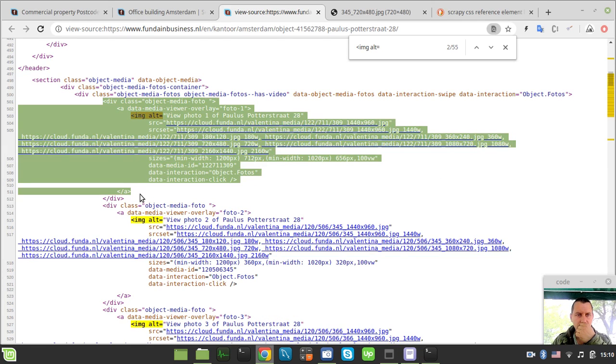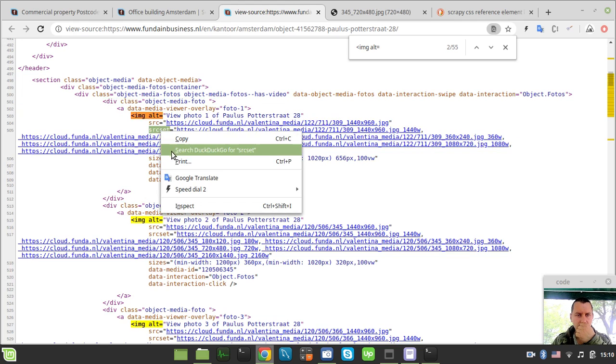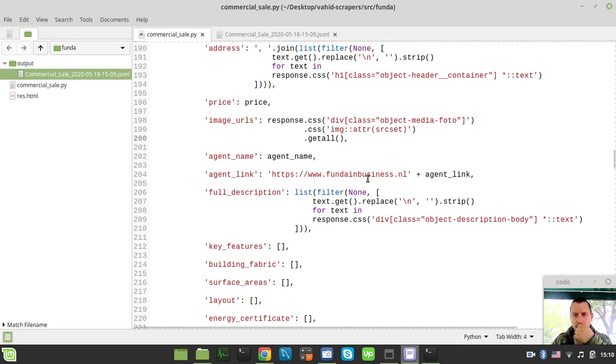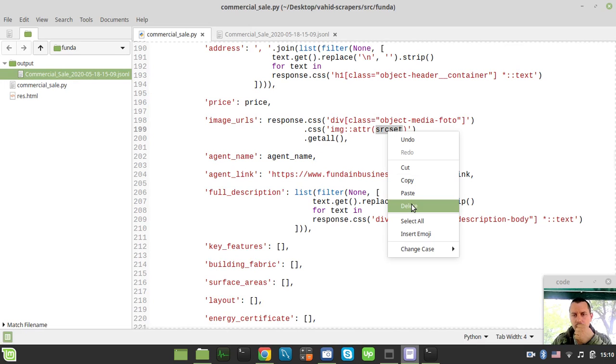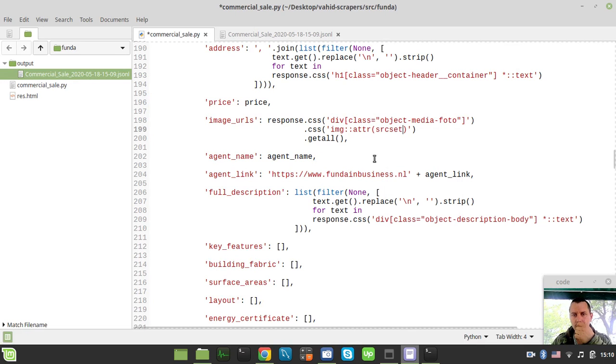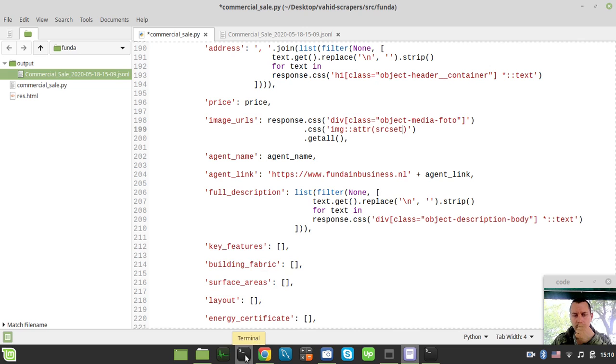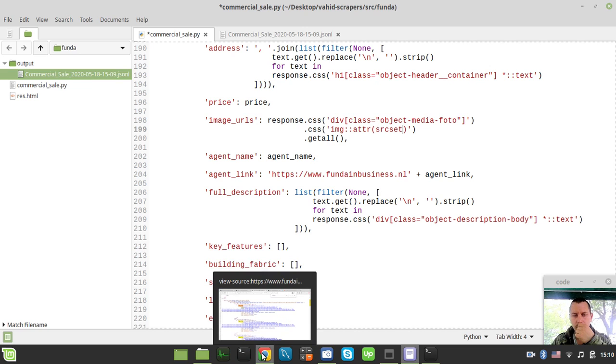So this is the div, right? Source set. Did I spell the source set wrong? No, it's right. I'm not sure if I'm still banned, by the way, so I could have tried to